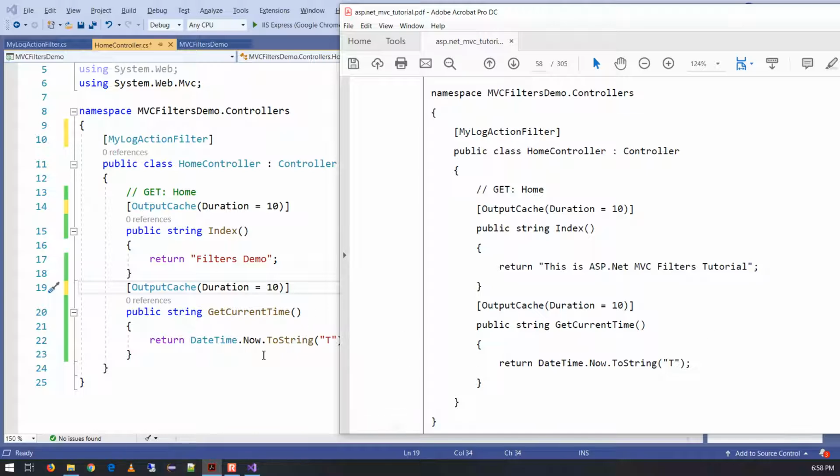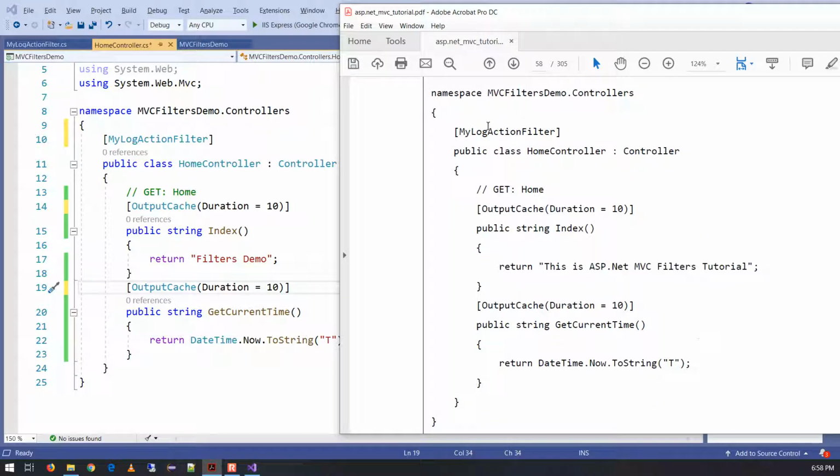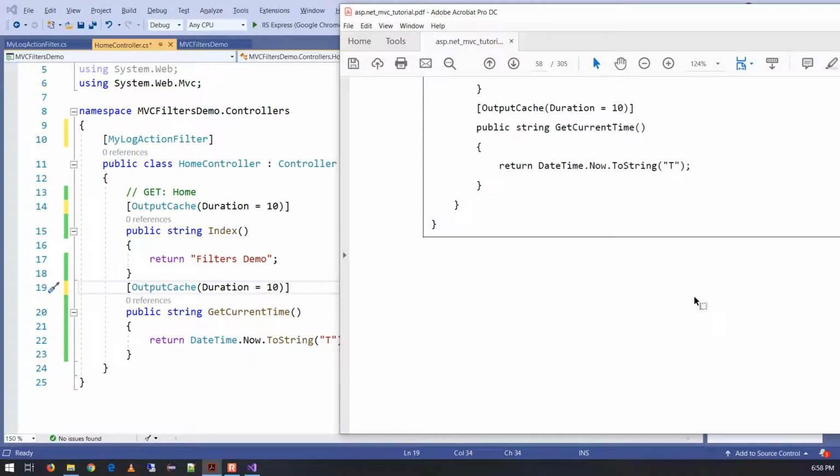Change the get current time output cache to 10 seconds as well. And that's really the major change, the fact that you're pulling in the filter here. So you can create your own filters. They're just class files, add a using statement, and then you can call it in. All right, I think the next step is